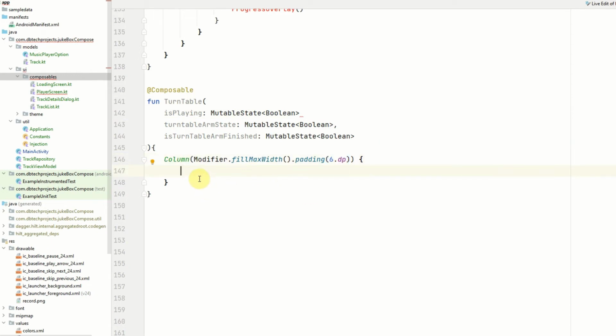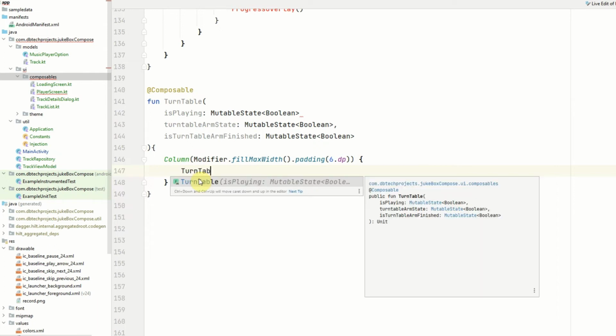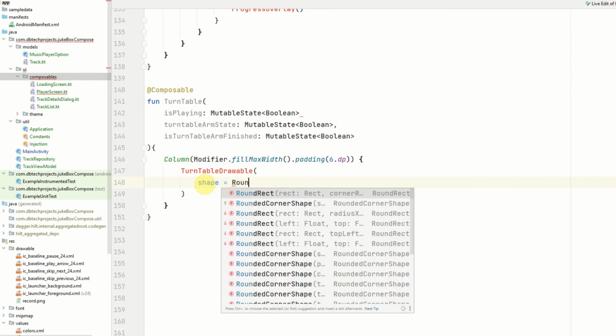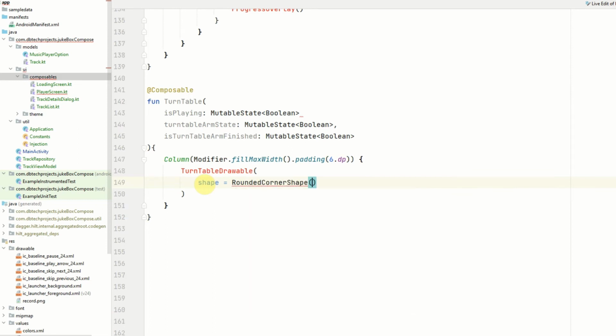Then inside here we'll have our turntable drawable, which we haven't created yet, but we will create this just underneath the composable, and it will take a shape parameter, which is a rounded corner shape of 20 dp corners, then a size of 240 dp,